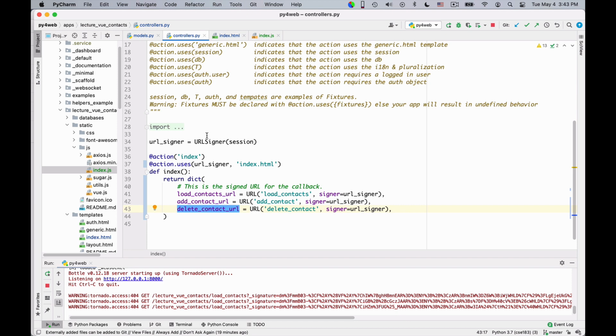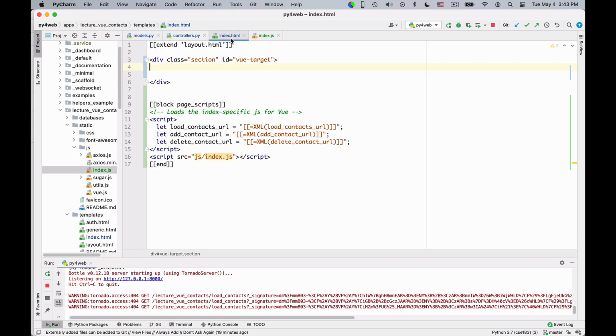In index.html, I have an empty place, which is where we will put the Vue code, and I define the URLs in this way. I put into the load contacts URL the content of the Python variable load_contacts_url.